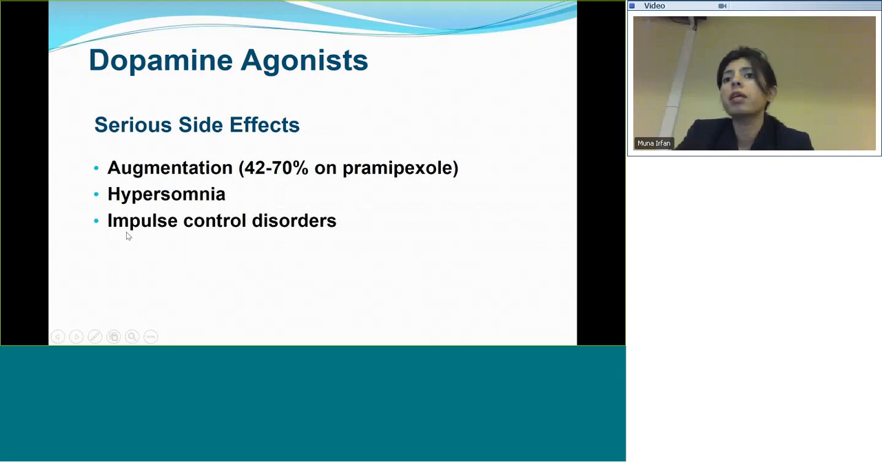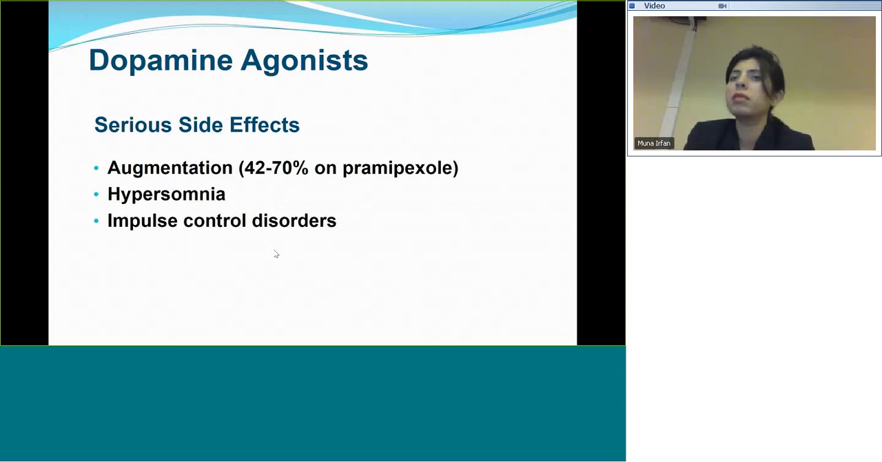The other main side effect that we need to keep in mind and screen the patients for, because they are not going to tell about this themselves, is impulse control disorder. And the third one is hypersomnia, excessive sleepiness. So augmentation and impulse control, both of these side effects, you will have to extract from the patient. The patient is typically not going to volunteer or offer these